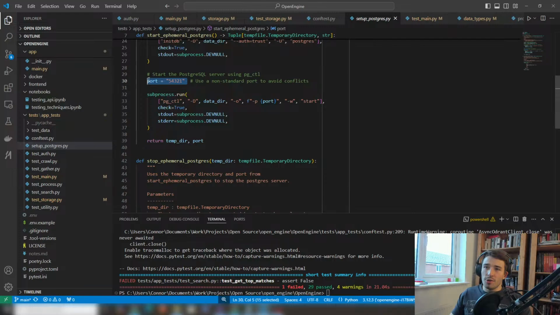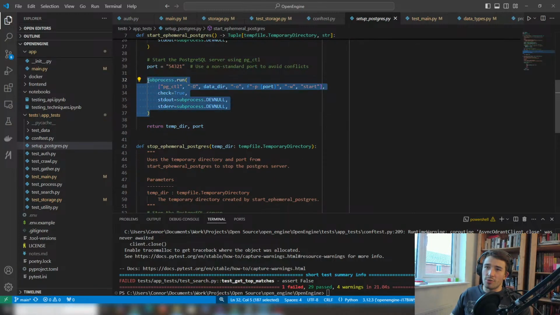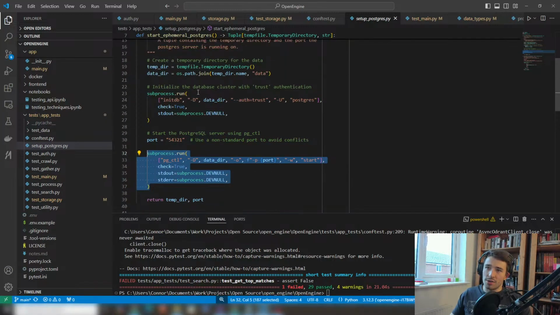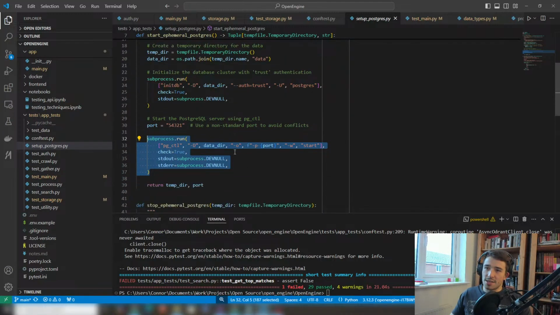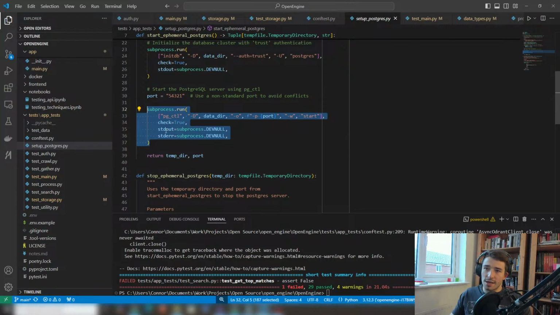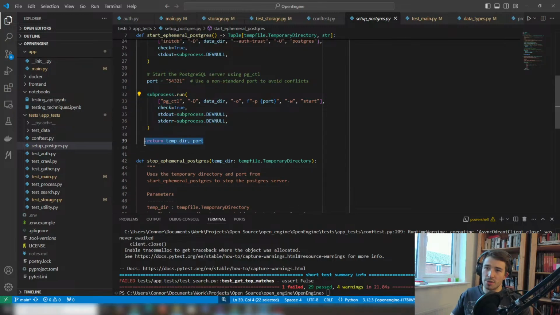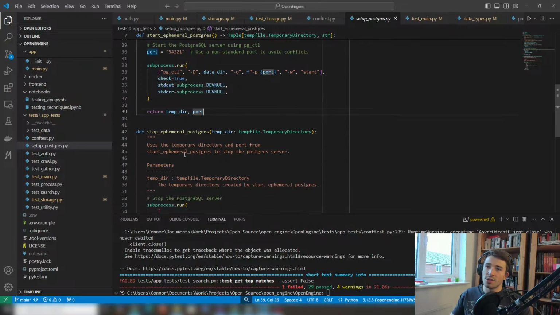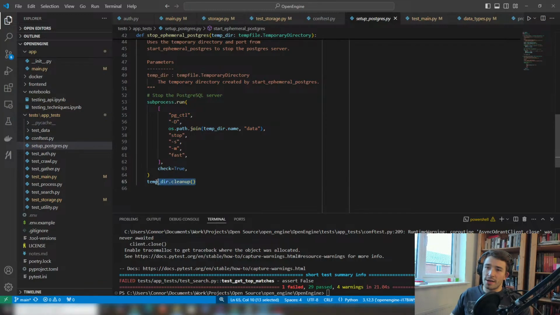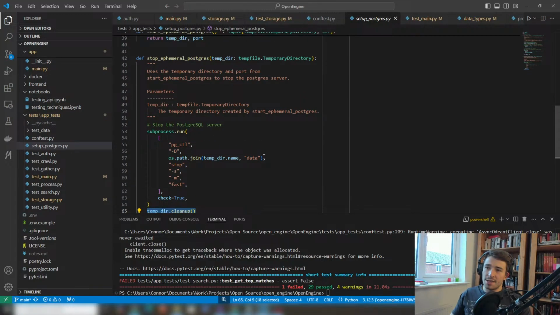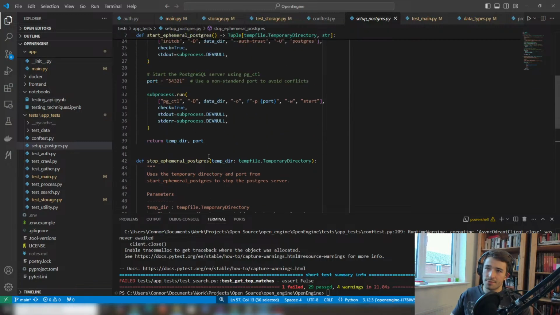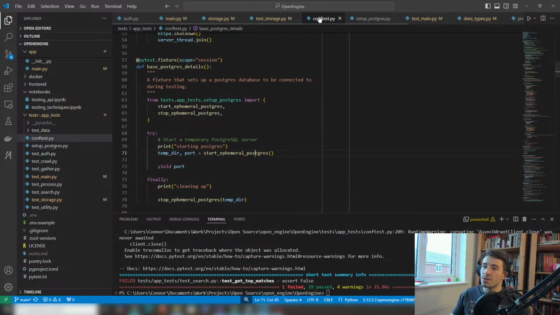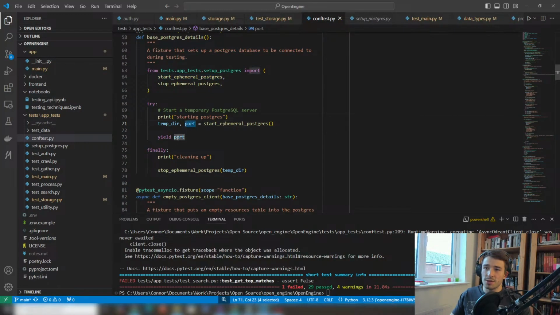This is the port that we want to run on, and then we do subprocess.run. Run all this information. This starts the Postgres. We've got our database initialized here. We pass in the data directory, we pass in the port. Run all of that. Error and out go to nothing, and then we return the temp directory and the port, and we need these things later on. We need the temp directory to be cleaned up, and we need it to kill Postgres. And the port we need, so that when I come into conftest here, I can get the port, I can yield the port,